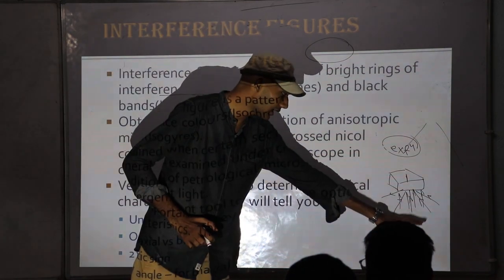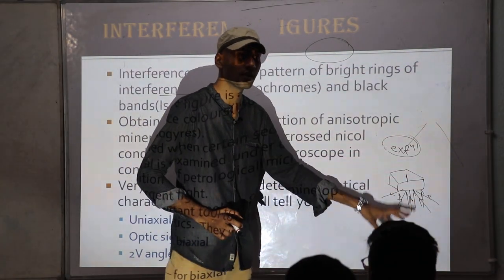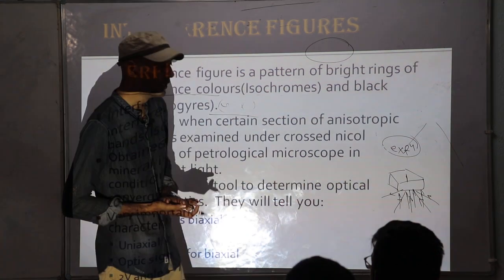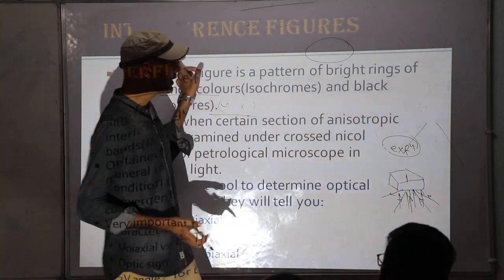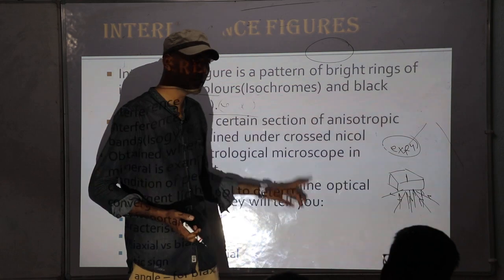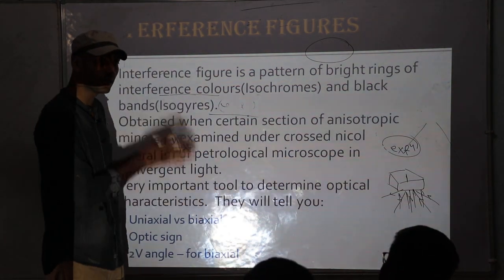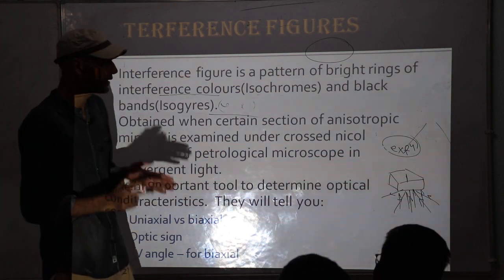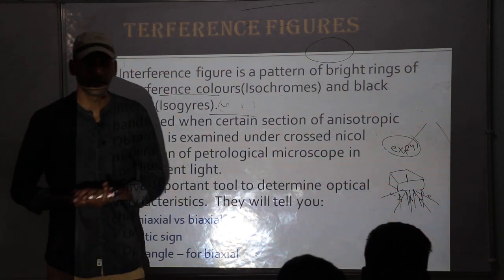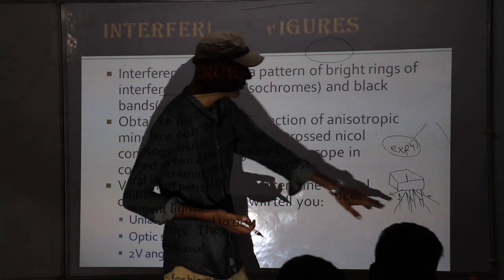But this is the requirement, because of which we are using conoscopic. You cannot see an interference figure in orthoscopic, because it is a combination of interference and extinction. You have to see both interference and extinction at a particular instant. So you have to use